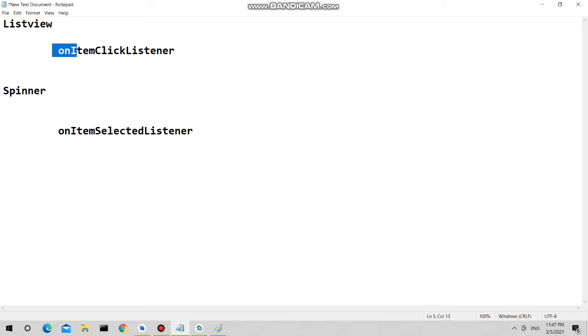So you know that listeners are always interfaces, and to set this listener, the method is set on item click listener.